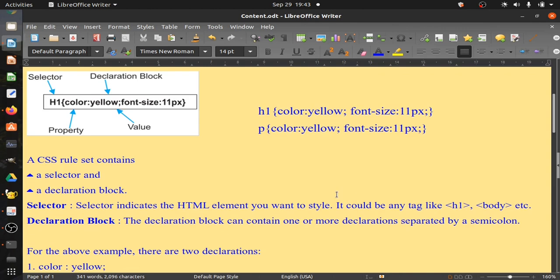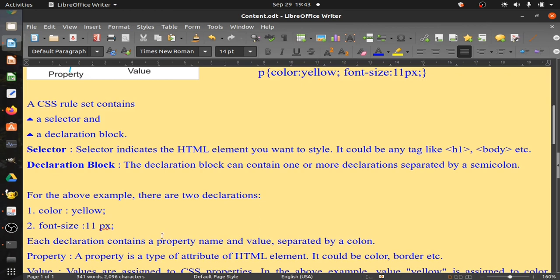So to go into the intricacies of the syntax, it has once again two things, the selector and the declaration block. Selector can be any HTML element that you want to style. To give the style to any HTML element, we'll be using that as a selector. That can be any element for that matter. And the declaration block will be specifying the style for that particular element.